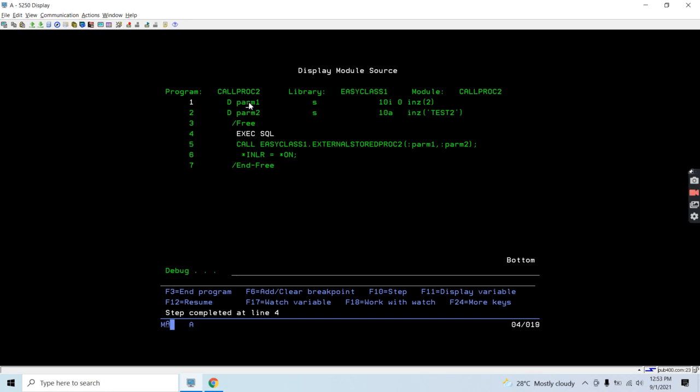So we can see we have these param1 and param2 values which are reflected here too.